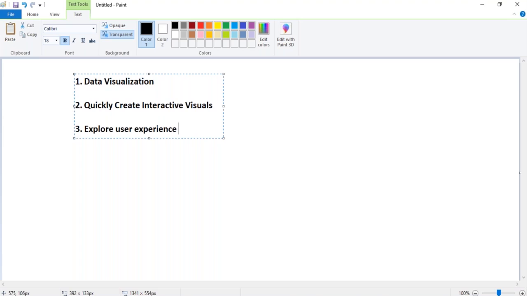Also, Tableau is very easy to learn. Anyone without any knowledge of coding can easily learn Tableau. So that's why we have flexibility to work on Tableau. These are the basic points.